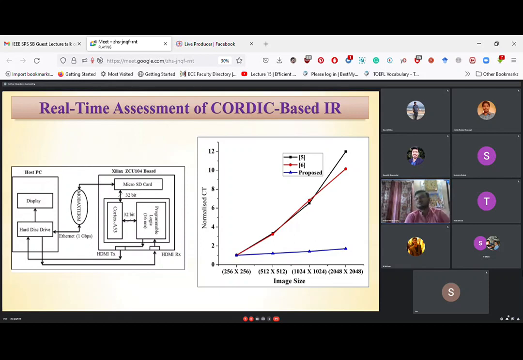Why is it so? Because of that coordinate. First of all, we have utilized coordinate, which is very fast, only adder and shifter. So the latency is only the propagation delay of an adder. If it is pipelined coordinate, the latency is only the propagation delay of an adder, meaning 4 nanoseconds, 2 nanoseconds, or 10 nanoseconds you can consider. So it is a high speed operation, first of all.